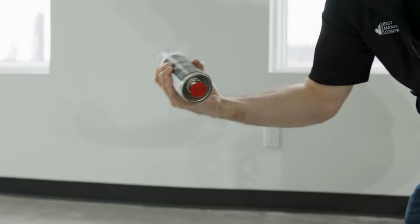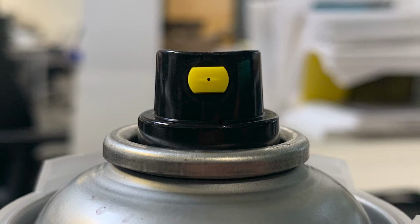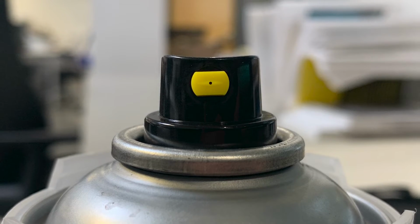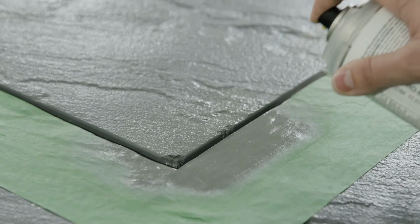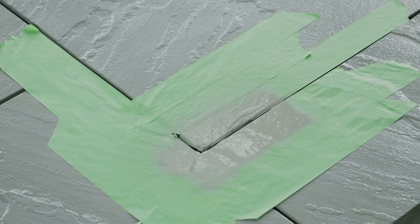Prior to applying the top coat, note the orientation of the spray tip. It can be positioned to spray either a vertical or a horizontal fan. Always be sure to spot test the top coat's color compatibility before applying it to the area to repair. When applying the top coat, maintain a distance of 8 to 10 inches from the concrete surface and slowly sweep across the affected area. Don't apply a heavy coat as it may drip and will remain tacky longer, delaying the